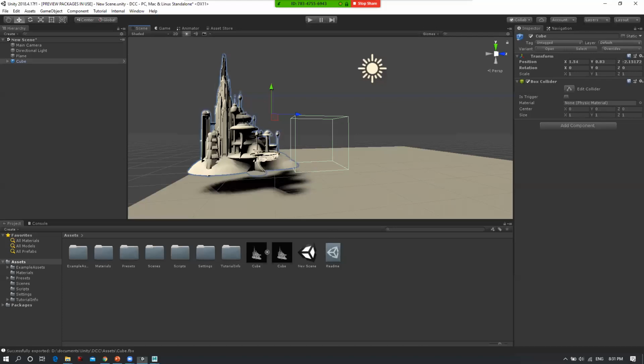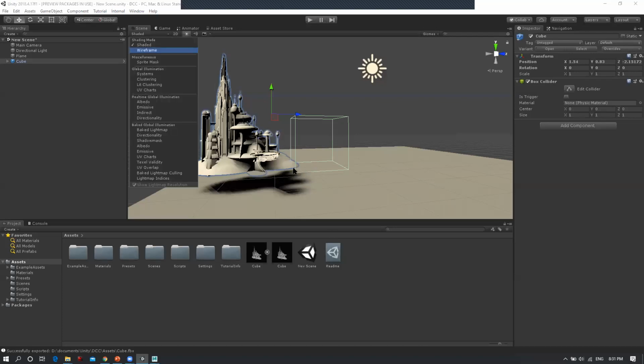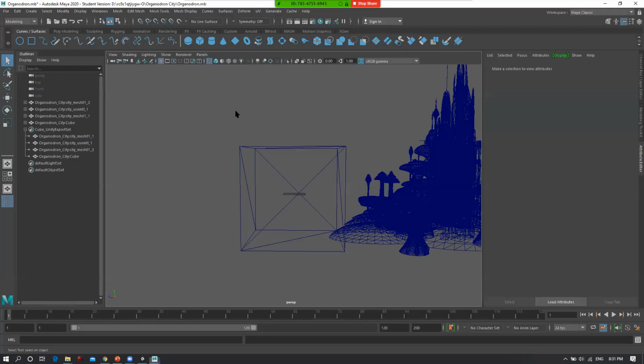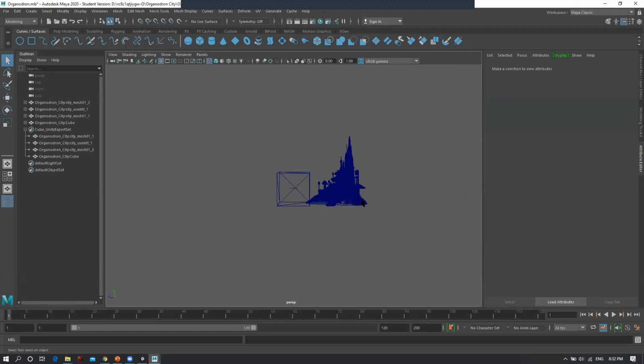And if you see this one again, this is just a small part that is inside of it, right? This is because whatever space your game object or your mesh is in Unity or in Maya, it will reflect at the same space.